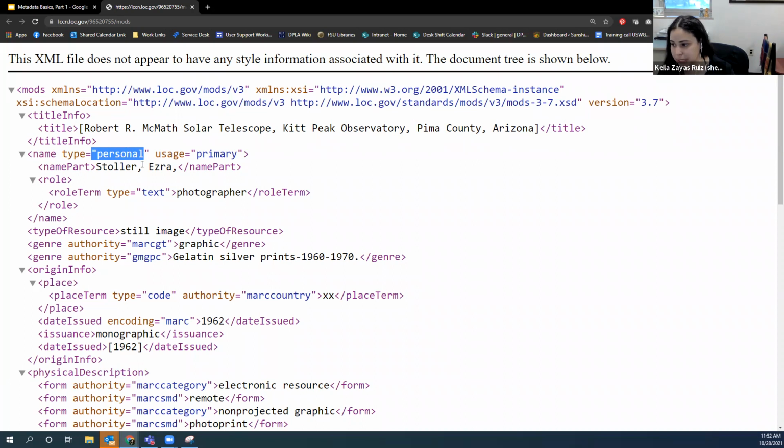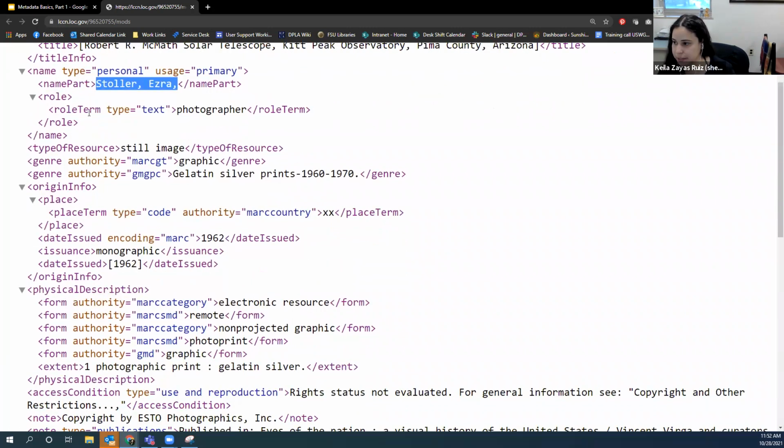So this is a personal name. And then this is the actual value, so the person's name that we're including here. And then we have that granular ability to assign a role to this person, to this name. So this person's role associated in this record is photographer. And that allows us, unlike Dublin Core, to associate a relationship to this object, how this person is associated with